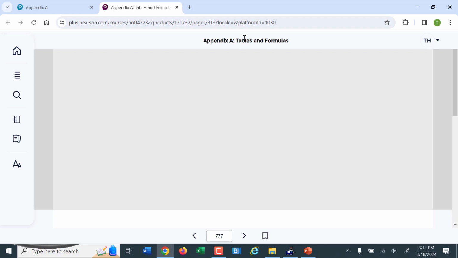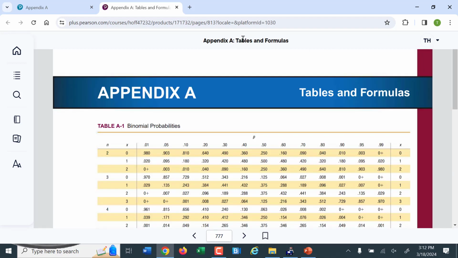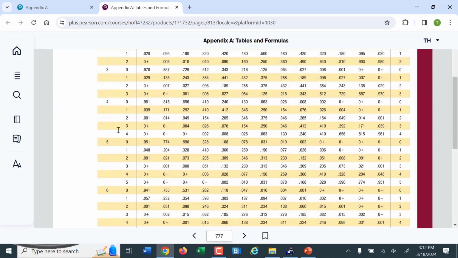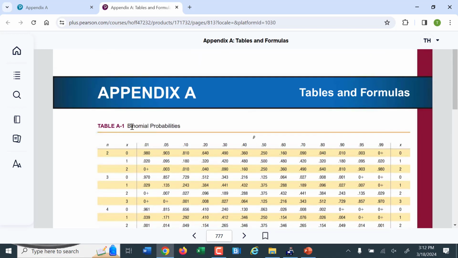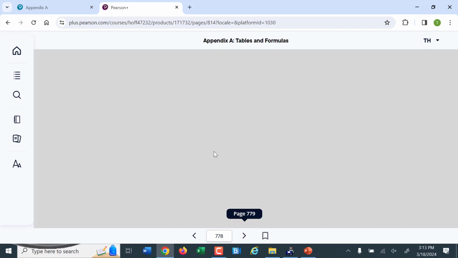So I'm going to just show you really quick how these tables work. It takes a little bit of time to load. There's a lot of information here. This is just saying if you had a physical textbook, it would be page 777. This is the binomial probability table that you could have used. Technology works so much better for calculating binomial probability, so we didn't really use that one. But if we go to the next page, this is table